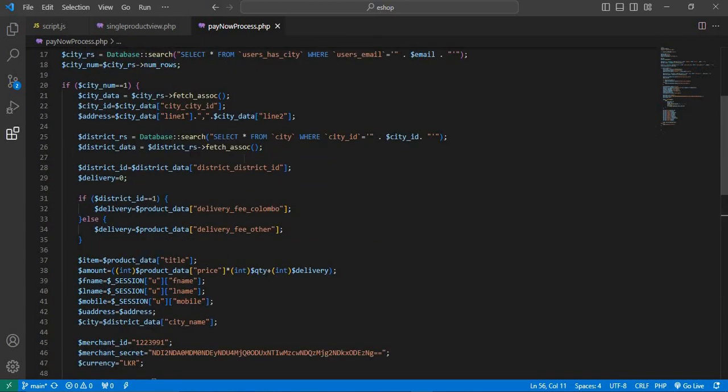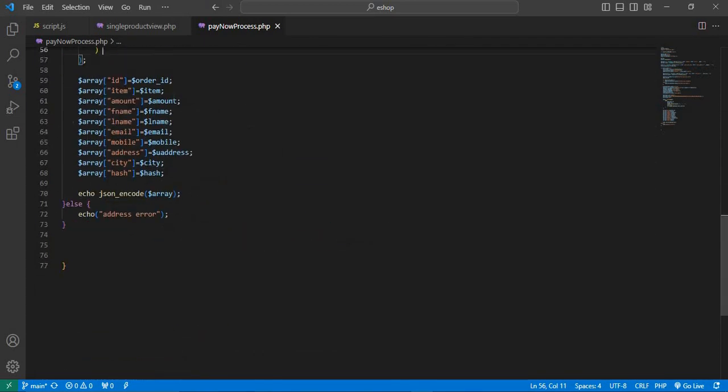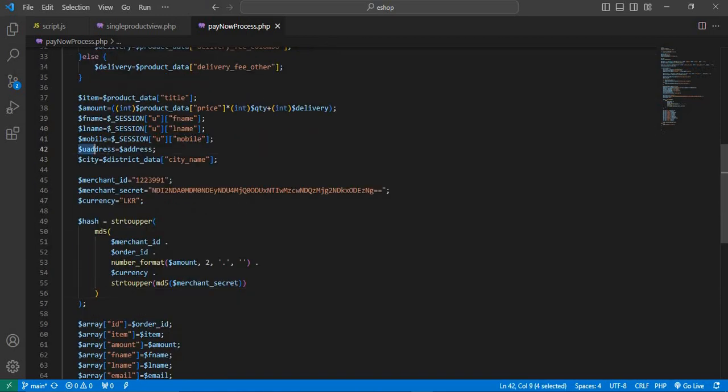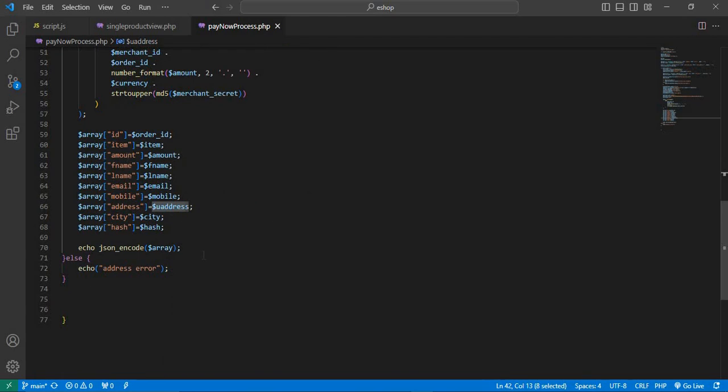Now all the variables are used here within the array. $array lname equals lname, $array email equals the session email, and $array mobile equals $mobile. $array address equals $u address, the address we created here, and $array city equals $city, and $array hash equals